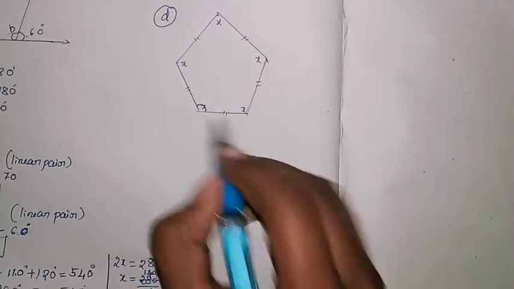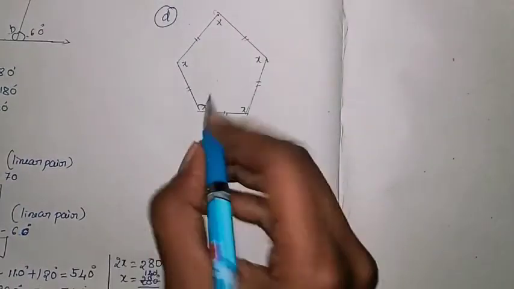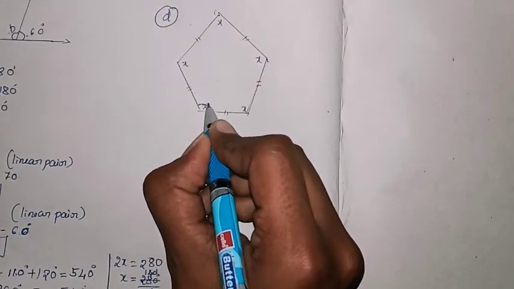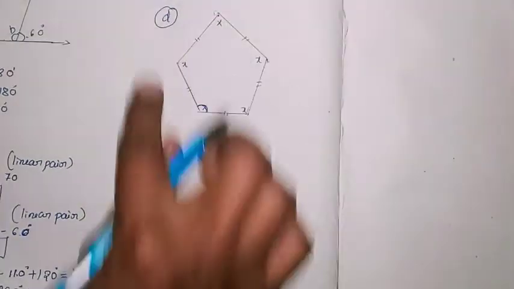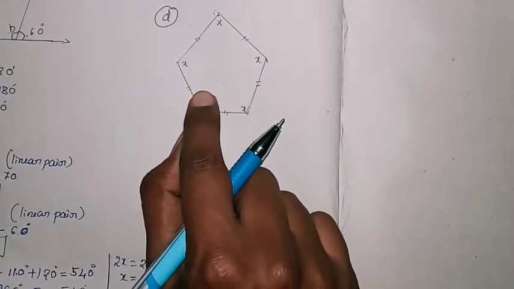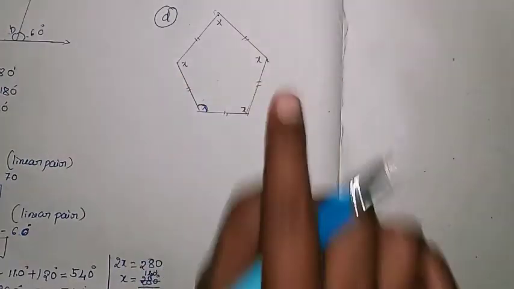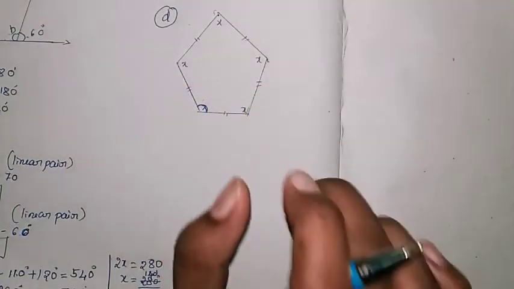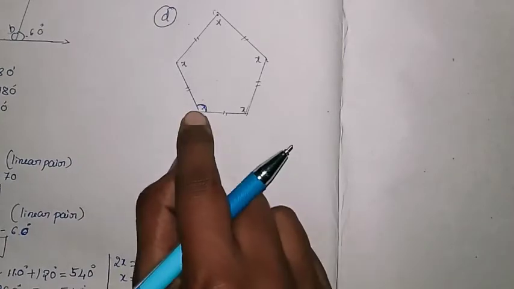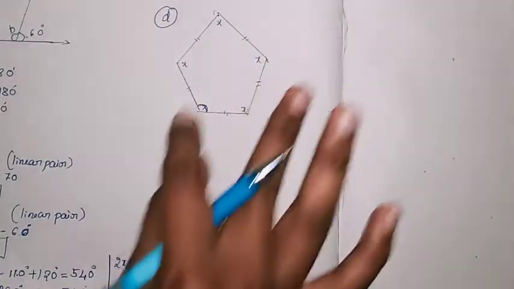If in the question all the sides are given and one angle is given as x, it means the other angles also will become x. Or if one angle is given as 50 degrees, it means all the angles will become 50, because all the sides are equal and the angles will become equal to each other. This thing you have to remember. But here they have given x, meaning all the sides they have given x.